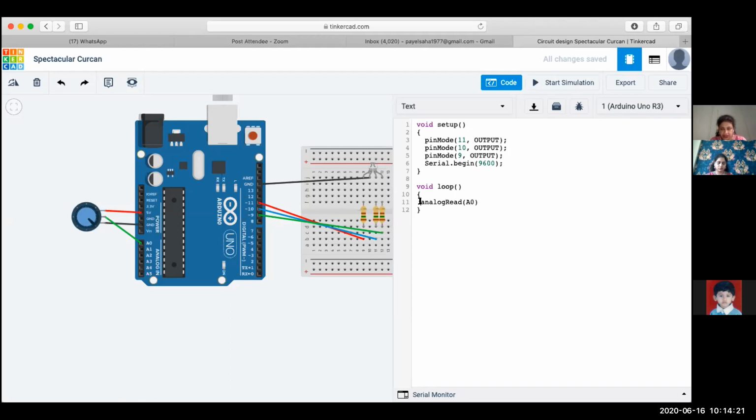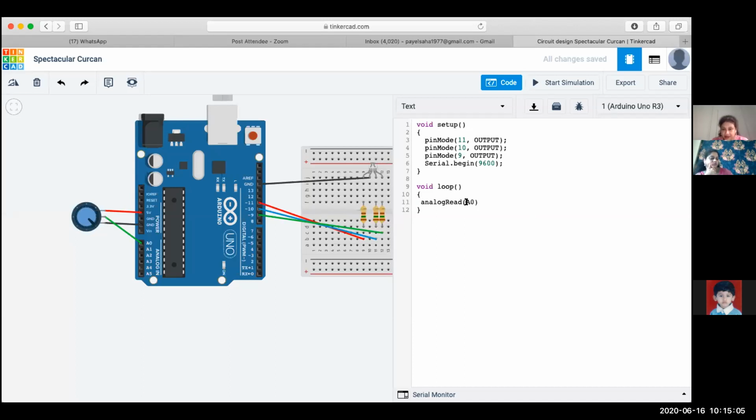Serial monitor, yeah. Ma'am, in void setup, we have to set the pins which we are using for input and output. But when we are using analog pins, do we have to do that or not? No, that initialization is not required. For analog input pins, it is not required because they have only input features. We are not outputting anything from analog pins, so they are configured as input already. But as I said, digital pins can be configured as either input or output. That is why they appear in the setup part. Analog is fixed, so we do not need to set it. Yeah.